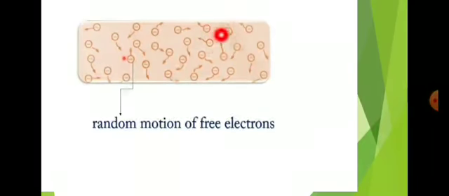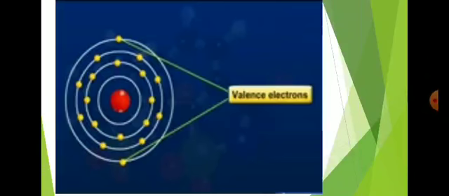A large number of electrons move freely. Here the next positive ion. Then another valence electron collides with another atom. Then these atoms become positive ions. Similarly, all these atoms go through the same process. The electrons present in the outermost shell are known as valence electrons. The electrons present in the outermost shell are called valence electrons.